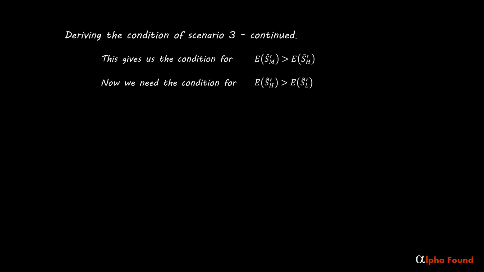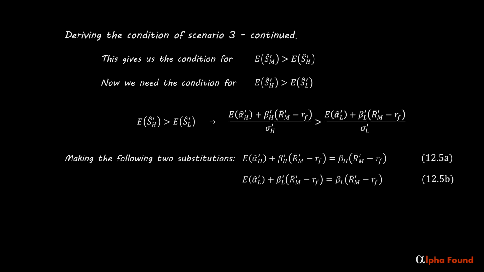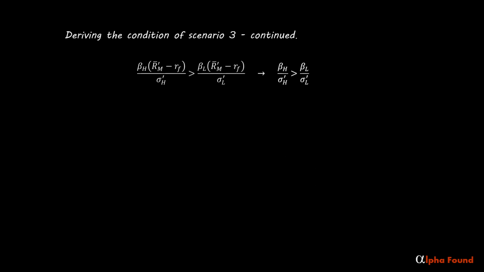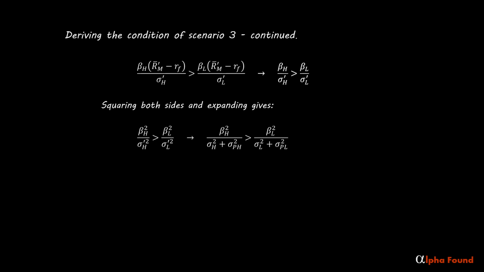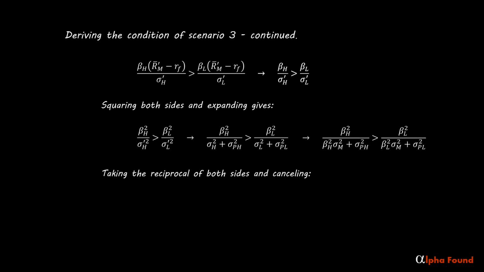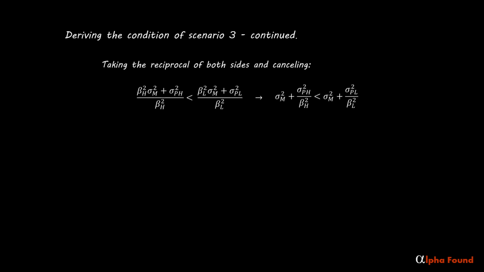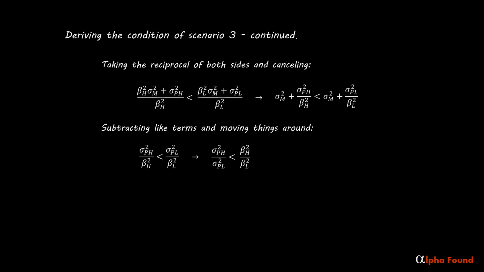Here is the derivation beginning with the inequality. Making the following 2 substitutions and dividing by average excess return, squaring both sides and expanding gives, taking the reciprocal of both sides and canceling, subtracting like terms and moving things around, taking the square root of both sides gives us,